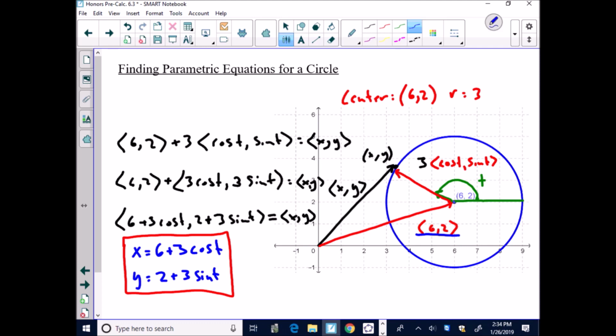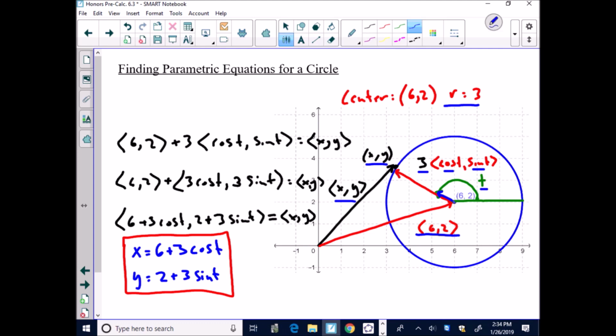Then there exists some rotation t that will allow us to extend a unit vector in the direction of that ordered pair on the perimeter of the circle, an arbitrary ordered pair, such that we have the unit vector extending in that direction as cosine t, sine t, right? If we multiply that unit vector by a scalar of 3, the length of the radius, our vector then extends